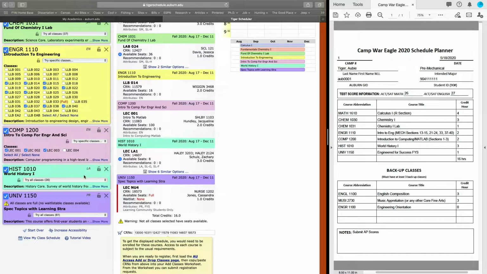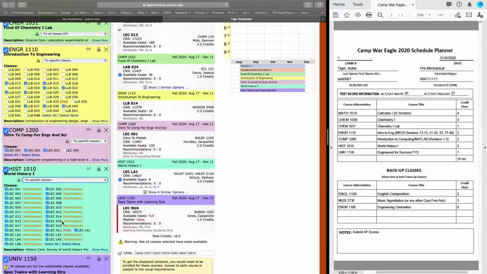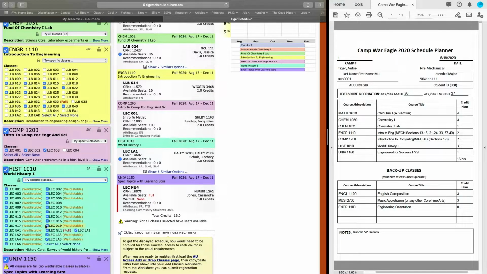Your advisor may have suggested a different course, but it's always good with core classes to also look at the sections that you're enrolling for. Some of the core classes will have specific sections for other majors on our campus, so we need to make sure that we deselect any sections that have LA and then the number. So you would click on the Try Specific Classes and go through and select those to make sure you're not